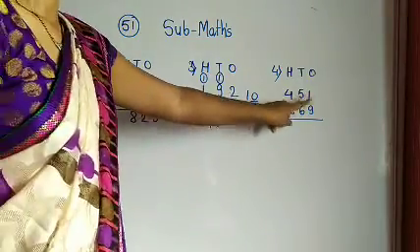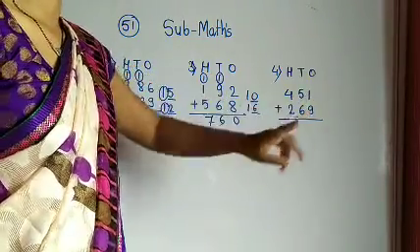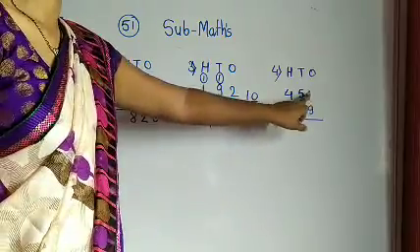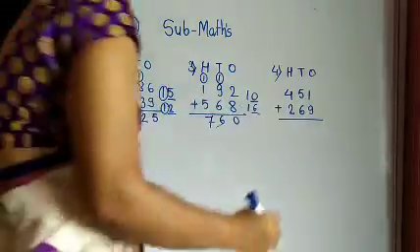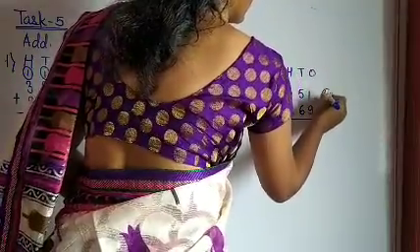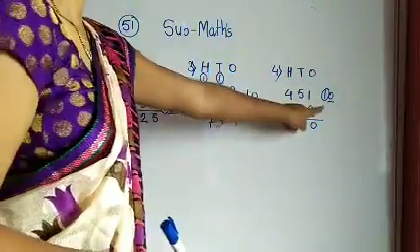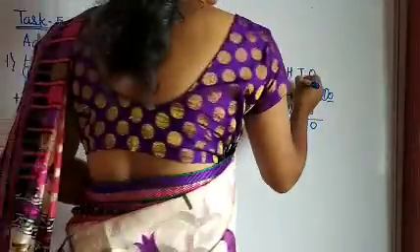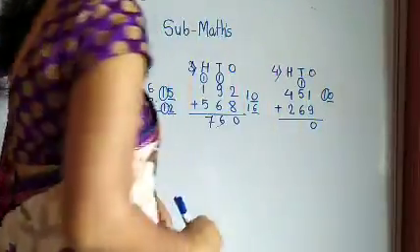Now see, 1 plus 9 or 9 plus 1. So 9 plus 1, in 9 you have to add 1. So what is the answer? 10. So in 10, 0 is downside and 1 is a carry. So that carry forwards in a next number. So here is the carry.